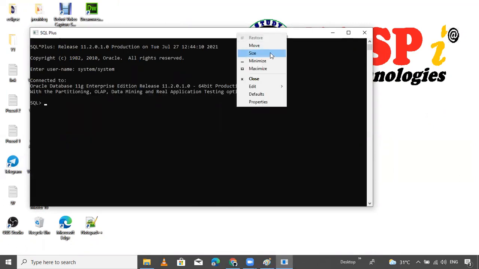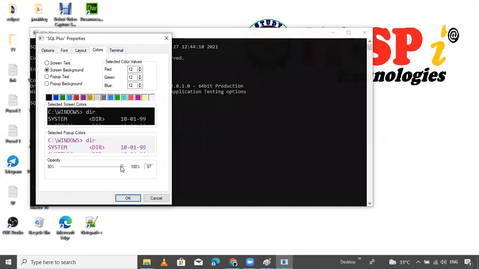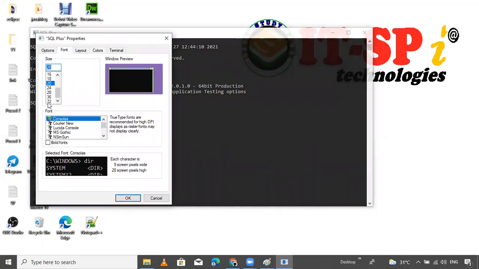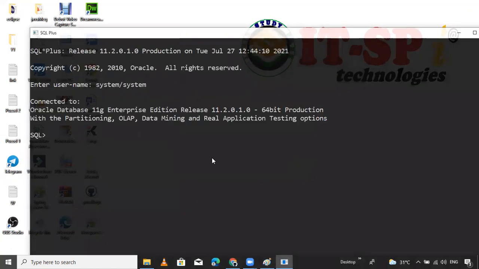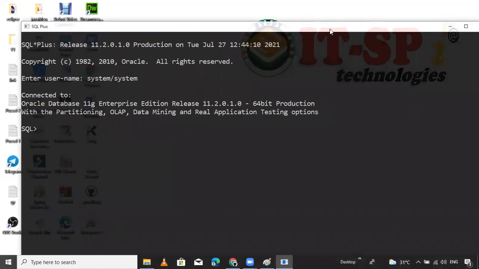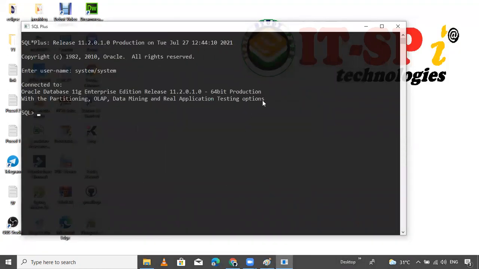It's working. I want to increase the size. Go to properties, 20 is good. Okay, 24 is good. It's too much size, I think, so decrease some size. 20 is good. Okay, now it's good.